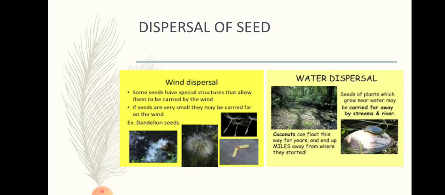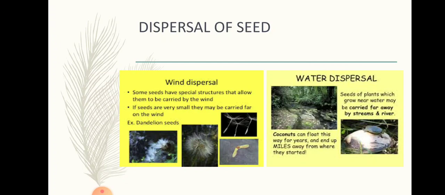Therefore, dispersal can take place in the following ways, which we will see. The first way is by wind. Seeds which are light and small are easily carried away by wind. As we have already seen in dispersal of pollen, the same way here also, the seeds must be lightweight so that they can be carried easily. The examples of seeds that get dispersed by wind are dandelion and cotton. Cotton is a common example. Dandelion, you can find in the second picture shown in the slide.